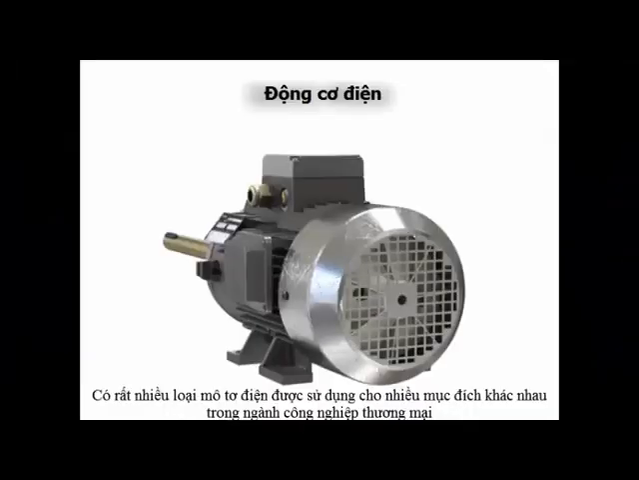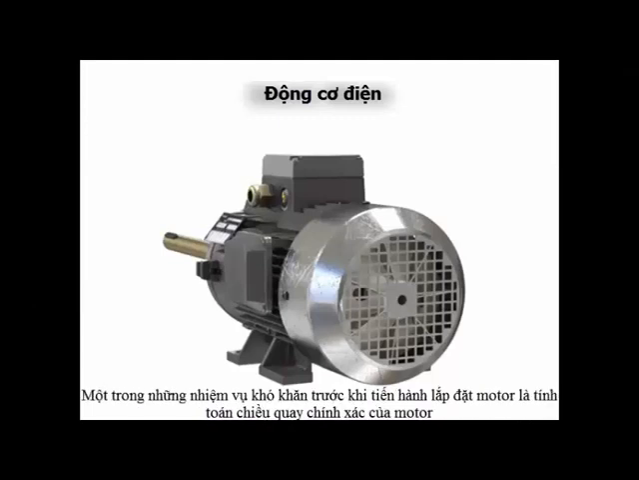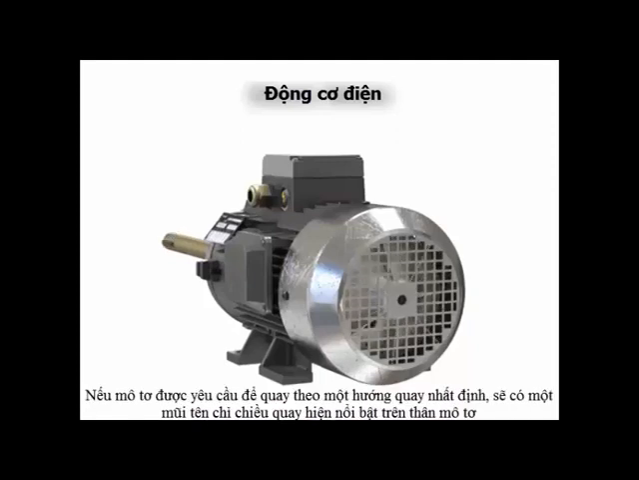There are many types of electric motors used for a variety of purposes in commercial industry. One critical task that must be performed prior to installing a motor is determining the motor's correct rotational direction. If a motor is required to rotate in a specific direction, it will have a direction arrow prominently displayed on